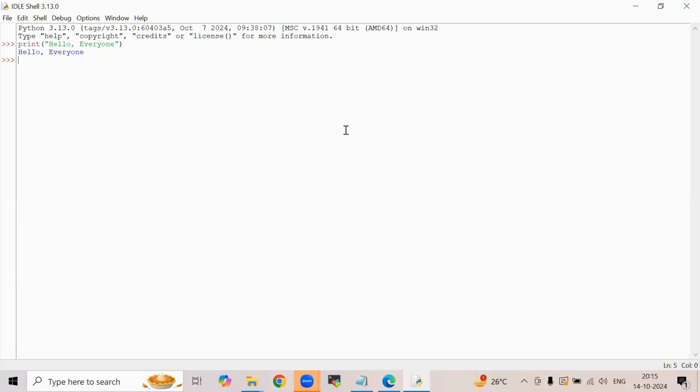In the case of Java or C, we know how hectic it is. In C, we used to write printf, and in Java, System.out.println. But here it is as simple as print Hello, everyone.